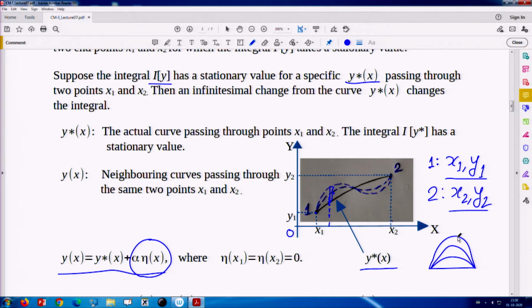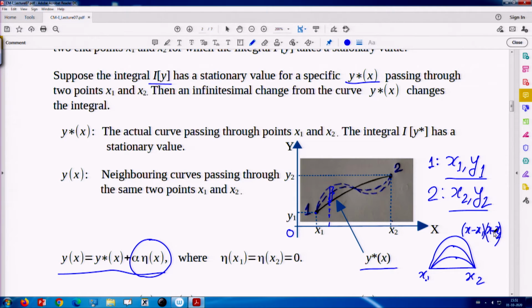So, the highest polynomial for that curve is x square, but its height is changing. So, to represent even a parabolic path, the height should be different, and so to get different properties, I require a parameter alpha. If I take x square, or let us say if it is x 1 and it is x 2, then my curve would be something like x minus x 1 times x minus x 2.